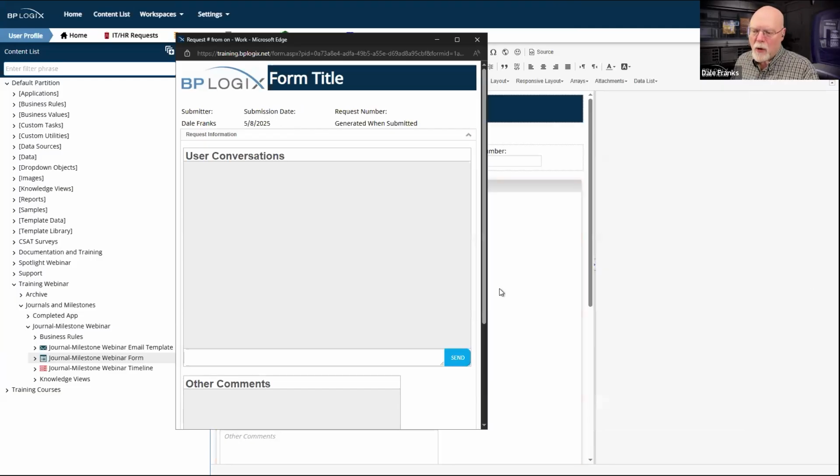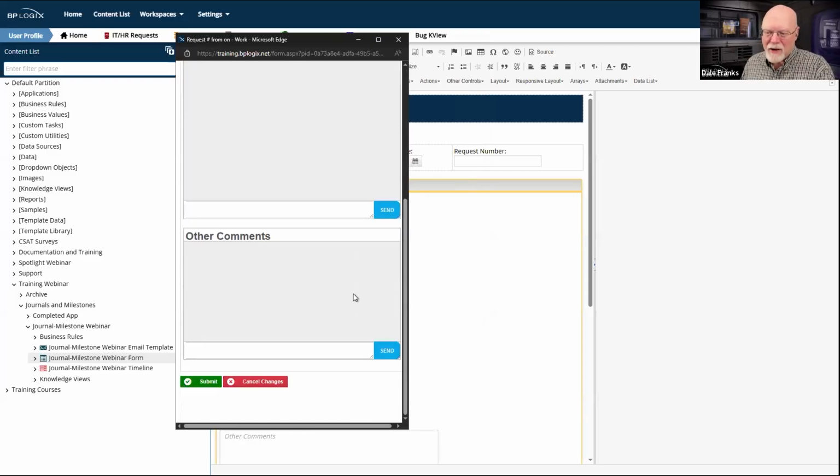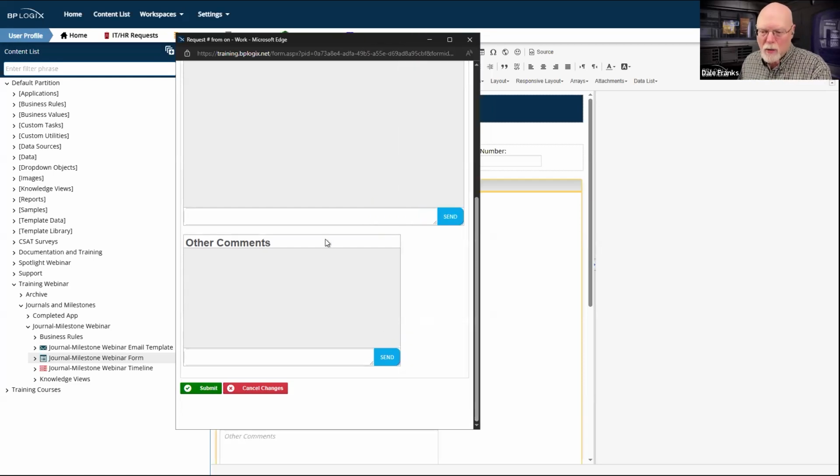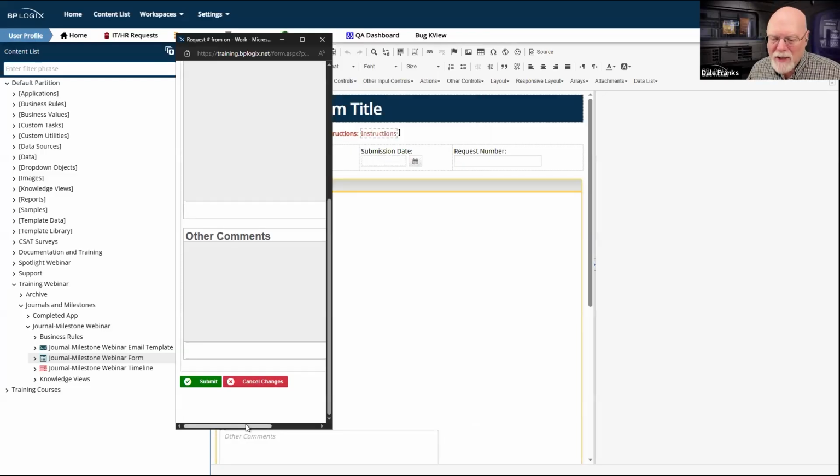And if I make the viewport smaller, my control gets smaller too. Here's the problem. I've got this down here at 500 pixels. So once I make it smaller, I still have this control here, which has a hard-coded width of 500 pixels, and is now going to limit what happens whenever I go to a smaller screen. So I'm having to scroll to the right.